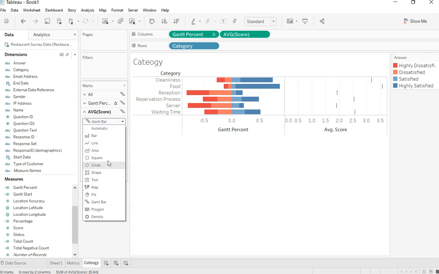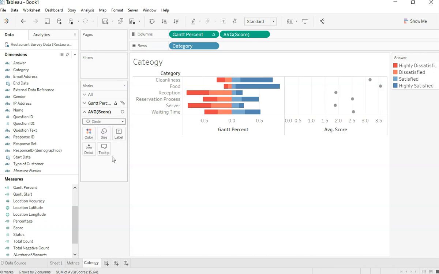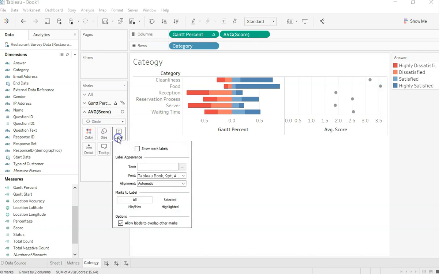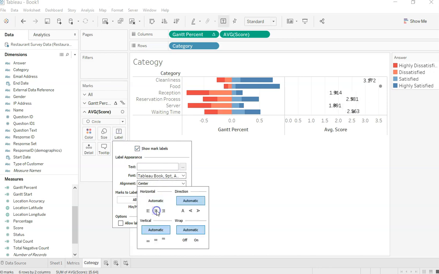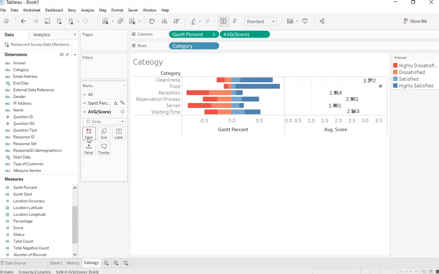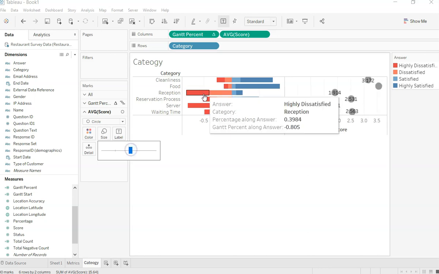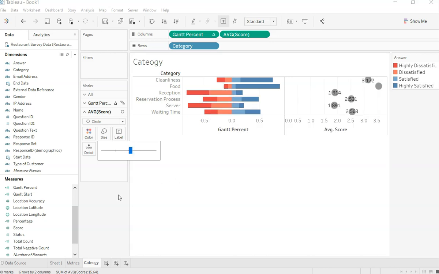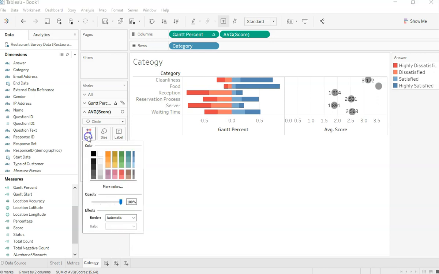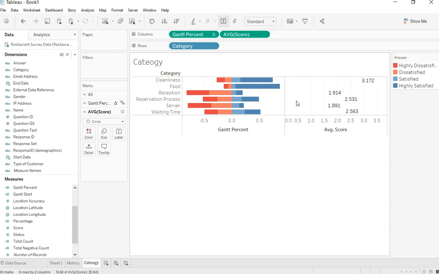And from Gantt, change this to circle. Now for label, show the label, and alignment should be center. Then the size of the circle should be slightly larger. All right, based on the chart. So we can further modify this, but I just will do the white as the color,